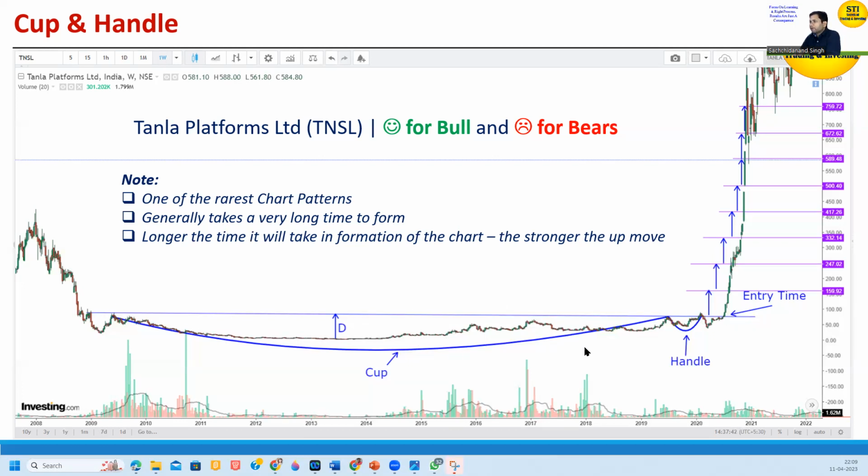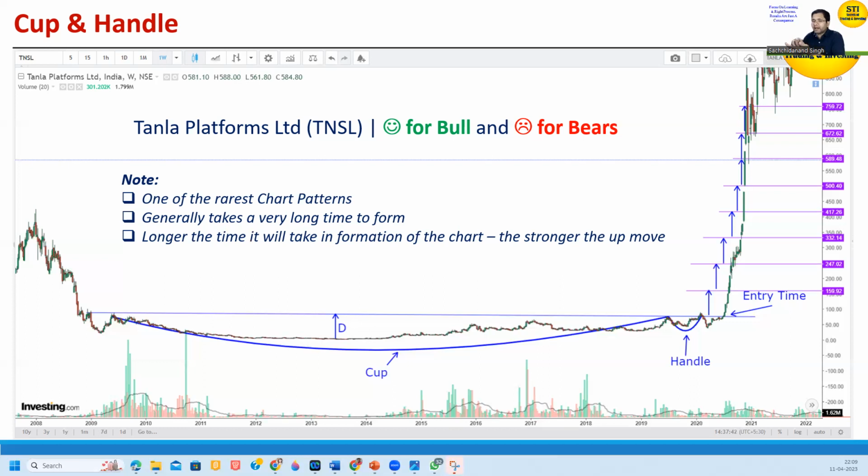So since 2009 till mid of 2020, the price point has been either a maximum of 50 or below that. But some magic happens during mid of 2020, where it successfully breaks it. Before that, just try to understand why it is called a cup. In this chart, it looks more like